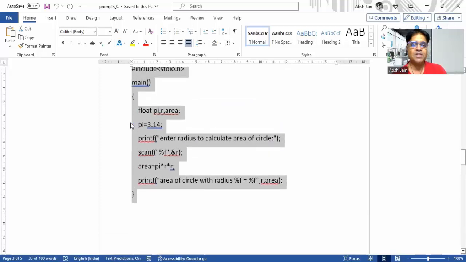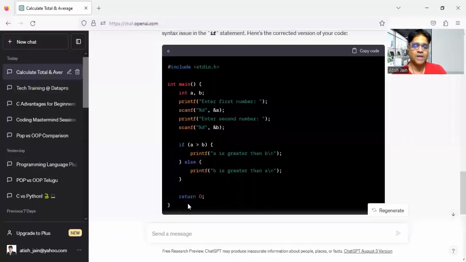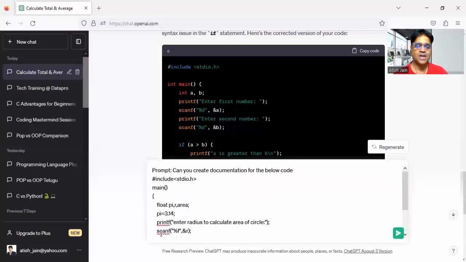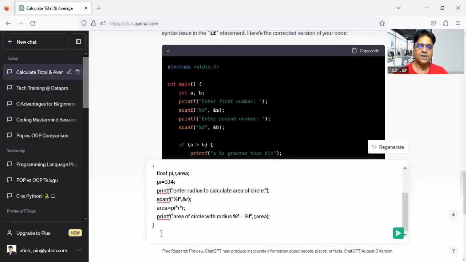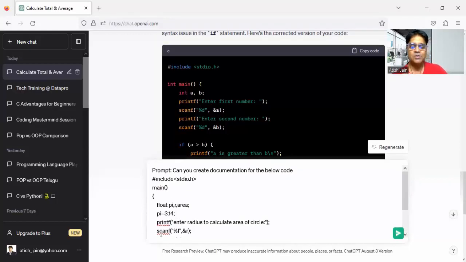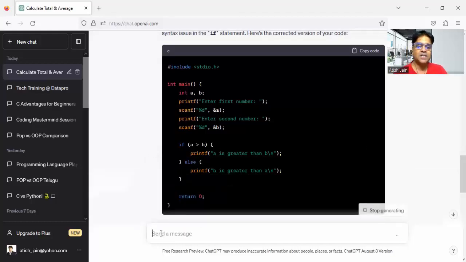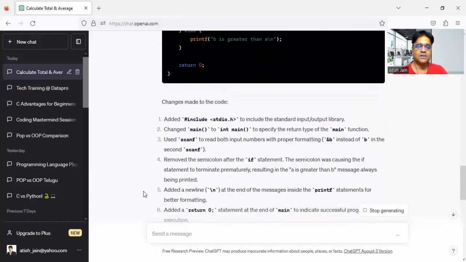So I'm giving the prompt as well as the code both to ChatGPT, and I'll simply press the enter key. Can you observe what prompt I have given? Can you create documentation for the below code? And see the result here.